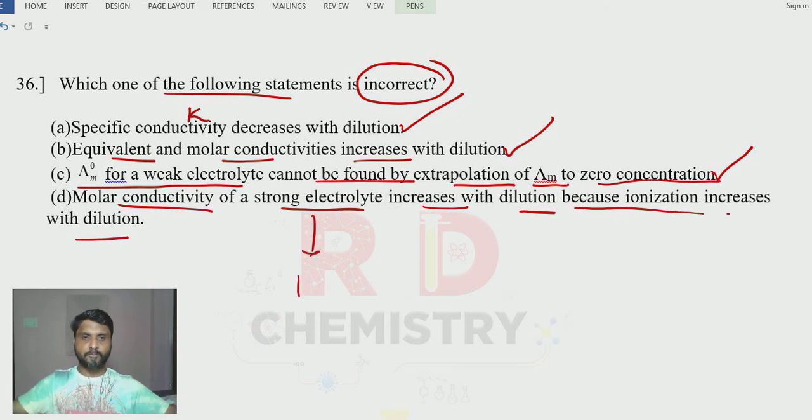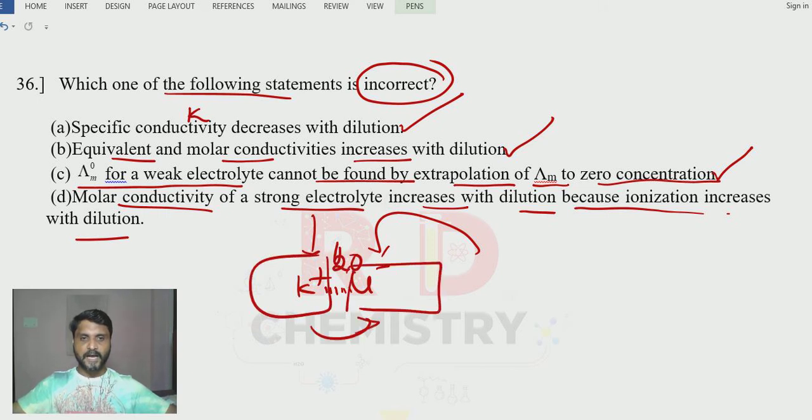Let me take potassium chloride in the solution, a strong electrolyte, already ionized. But the ions always exert a force of attraction between the two. Now when you dilute more and more, what will happen? Water molecules come, so they will be separated. Ions go away from each other and become independent. Therefore, the molar conductivity increases upon dilution for the strong electrolyte because water molecules come in between, ions become freer, and attraction decreases. So the last statement is the wrong statement because of the wrong reason. So the answer is option number D.